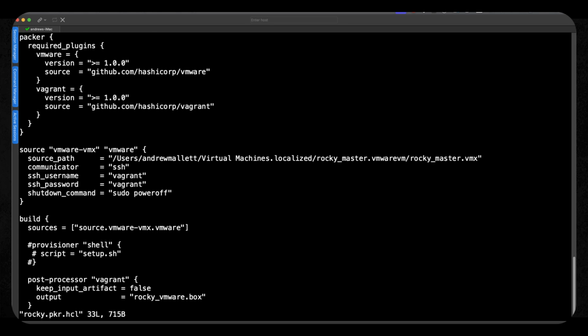looking at for Vagrant. When I go through and open up this file, the first section that we see is really looking at the plugins that we need to talk to our resources. So we're starting off with a VMware machine, so we're going to need the VMware plugin. And we want to create, if you like, our destination is going to be a Vagrant machine. So we need to make sure that we have those two plugins.